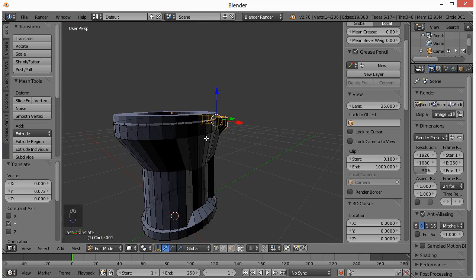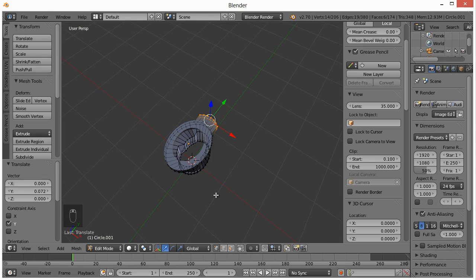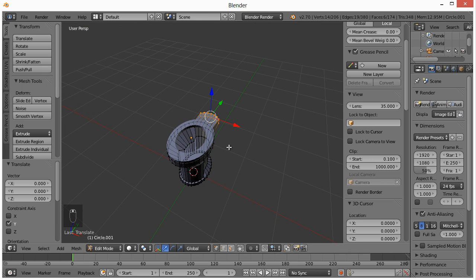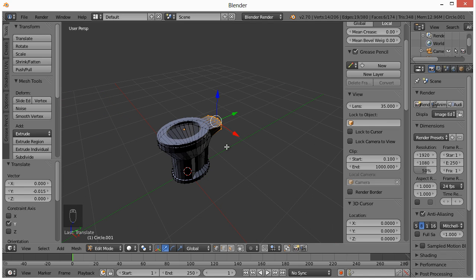That looks decent for now. All right, so I may actually drag it out a little bit more. Damn it. All right, there we go. All right, so what we want to do now is the base, and so that's going to be a separate